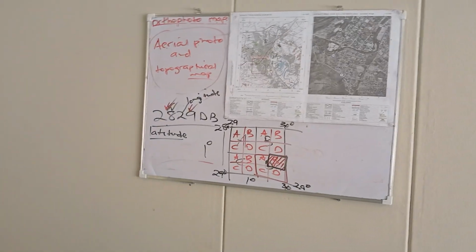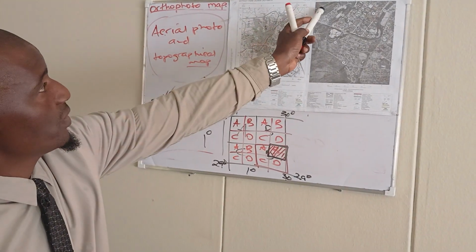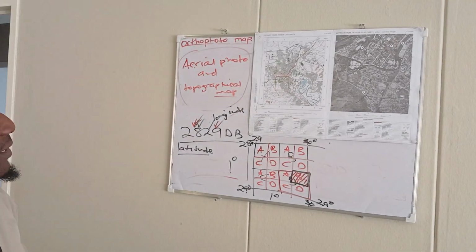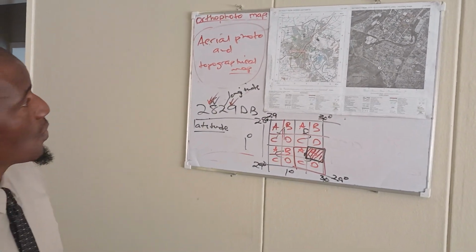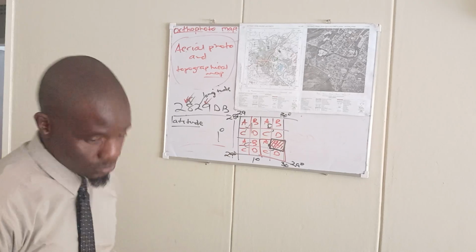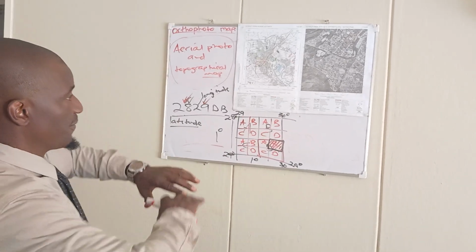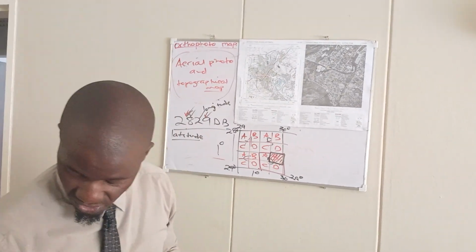That is the area that we are concentrating on. That's what is shown here as an extract of 29 dB. Okay, that's what we are concentrating on. So just to sum it up, what we have looked at as far as this lesson is concerned is